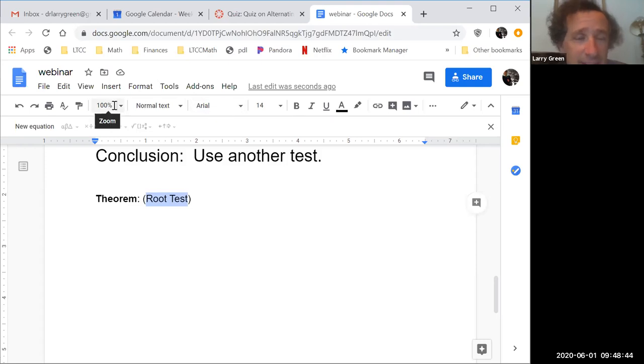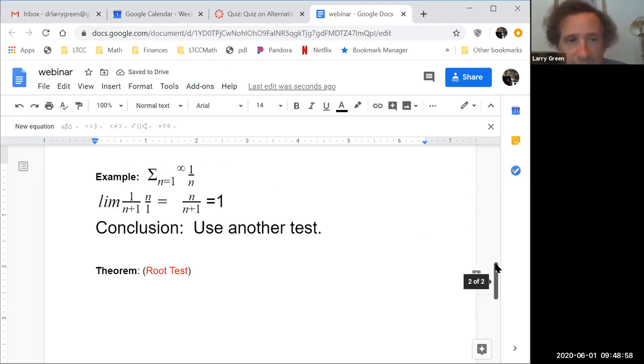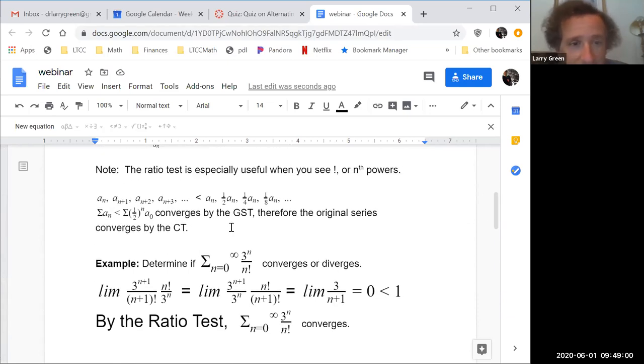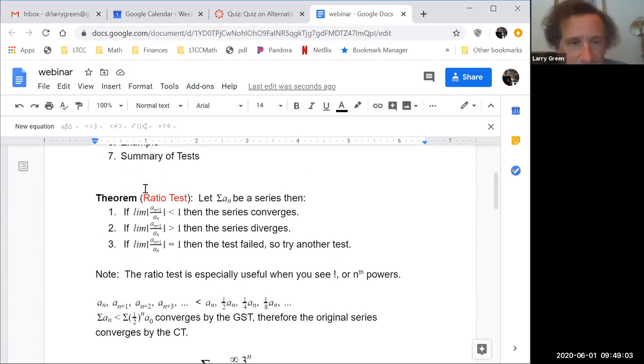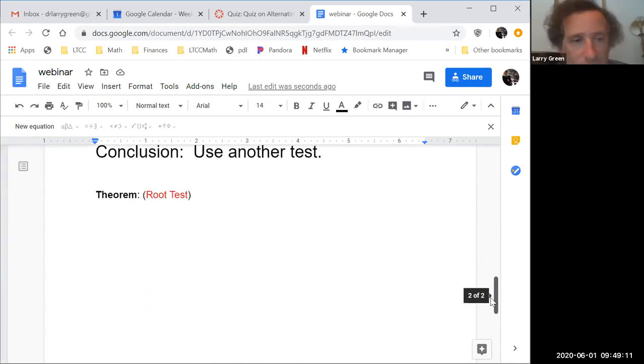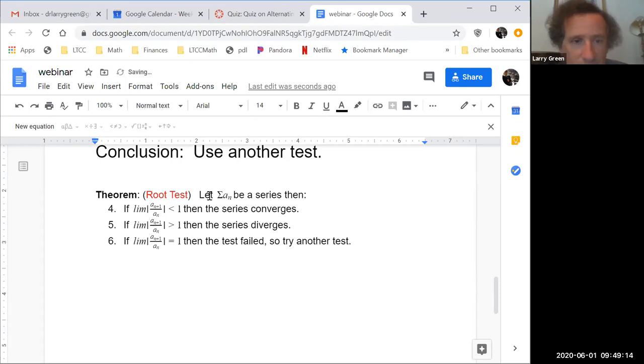And it's kind of what it sounds like. Hopefully, you know what it means. It does not mean we're going to go to a tree root, by the way. And what it says is the following. I'm going to just copy the ratio test because it starts the same. Let A_n be a series. Then, now it's a different limit though. If the limit